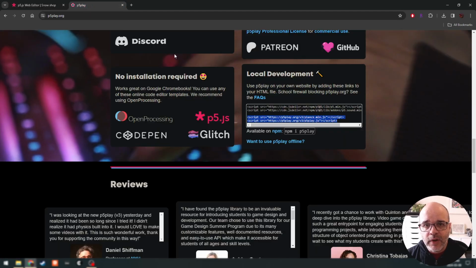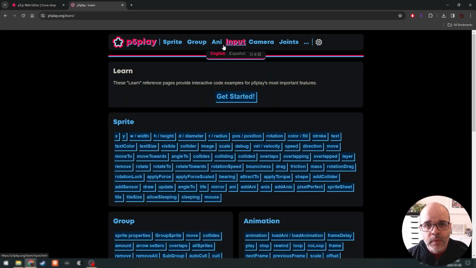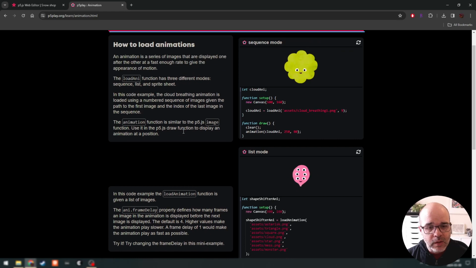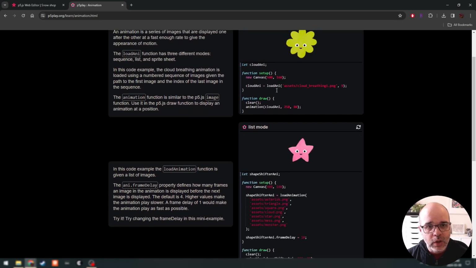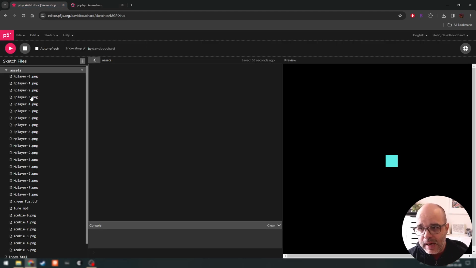So in p5play, the way that we do animations, let's bring up the reference. We have an animation object that we can use to represent animations. We load them using load animation. Now, there's a few different methods that you can use in p5play to load animations. And just a word of warning, because of the way that the p5.js web editor handles these assets that we upload,